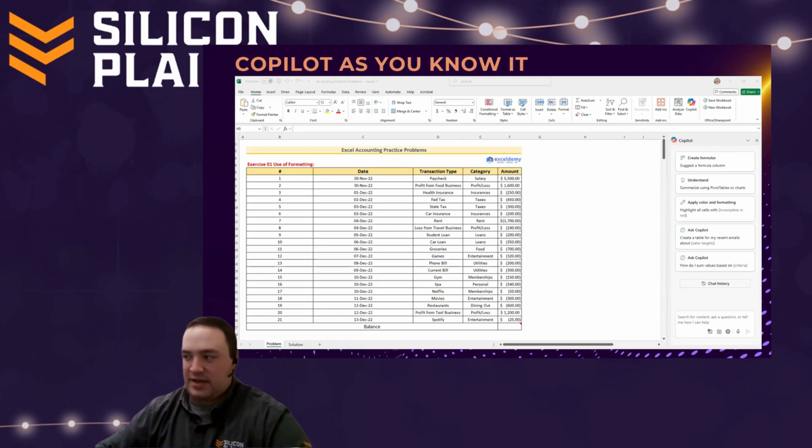So you can see, for example, with Excel here, you can use it to create formulas, have it explain tables, do all kinds of little formatting things. But that is largely going to answer questions that you put into it. It's not going to be able to generate a lot of data on its own, and it's not going to be able to help you do any part of that